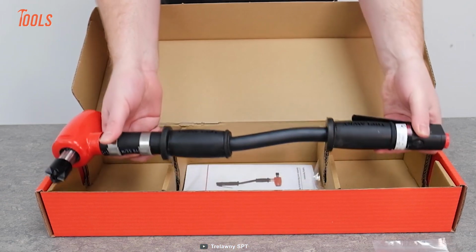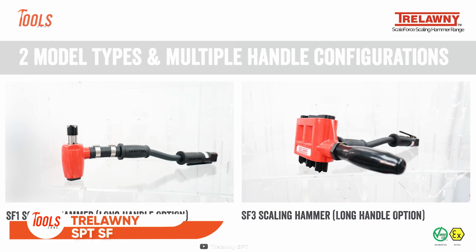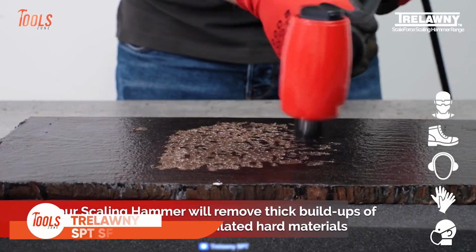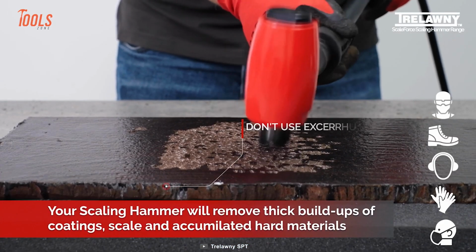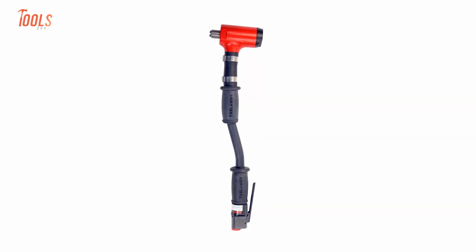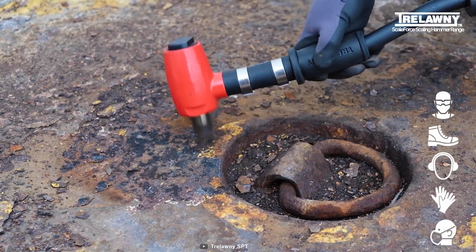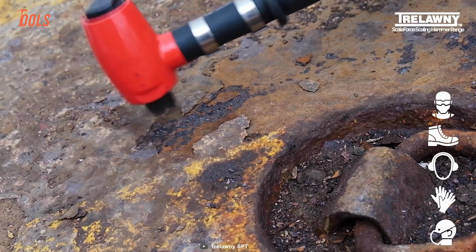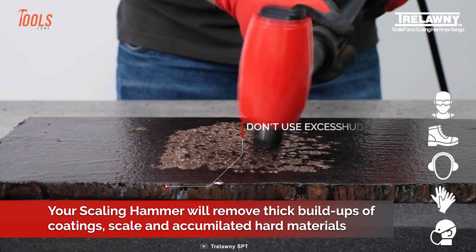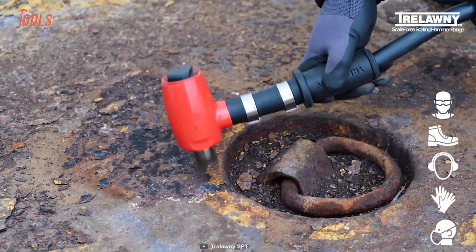This tool might look a bit confusing, but the TRELAWNY SPTSF is a specialized surface preparation tool. It's designed for quick removal of heavy scale, coatings, and rust. One of the standout features of this tool is its highly effective hammers, which make it ideal for heavy-duty surface preparation tasks. They are also capable of removing heavy coatings and rust quickly, making it a perfect tool for any